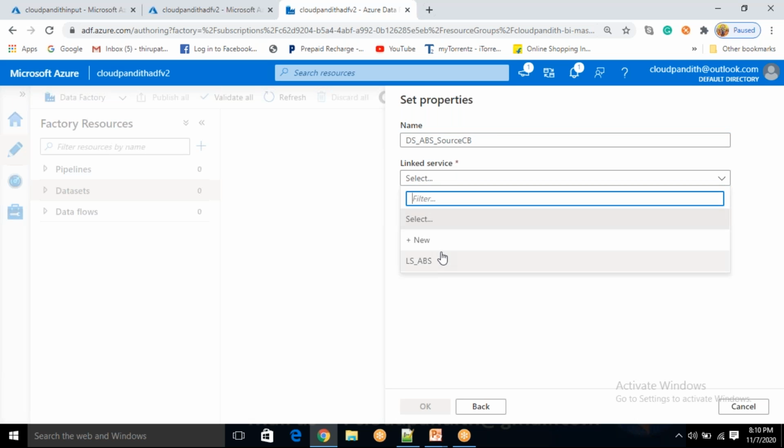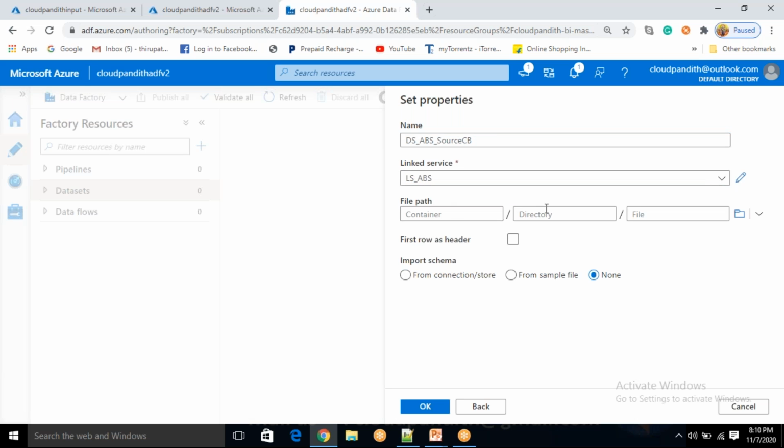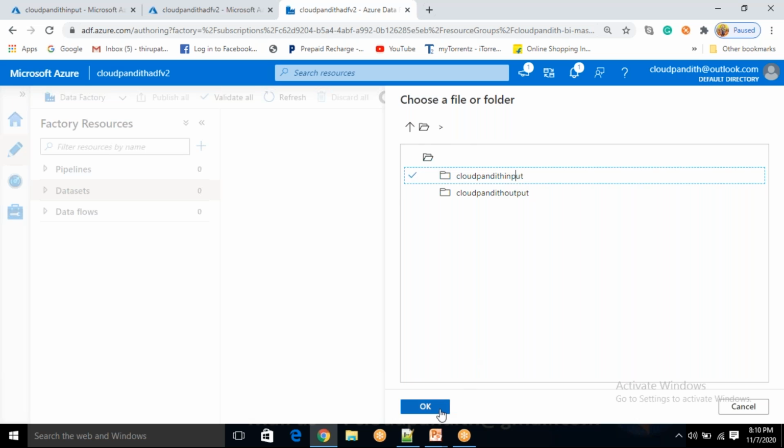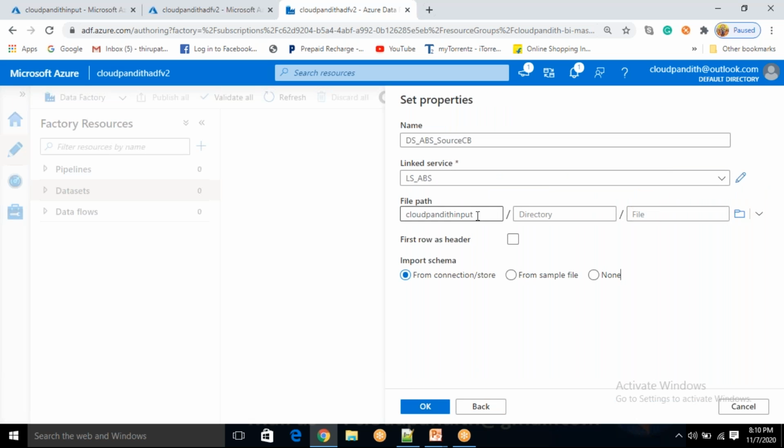Okay, let's select this linked service and select your input folder. I'm just selecting the input folder. Okay, remember, first row as header: whenever you are reading CSV files or writing CSV files, not only in Data Factory, even in Spark, you need to say header equal to true. Then it will consider there are headers in your CSV files.